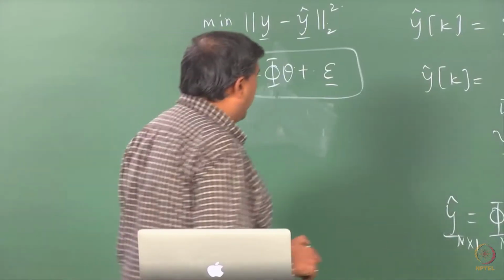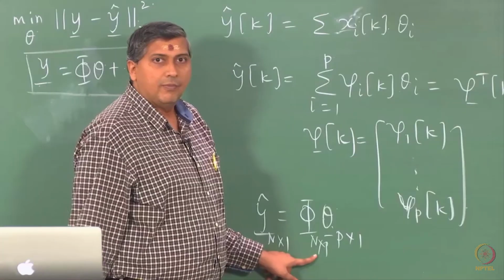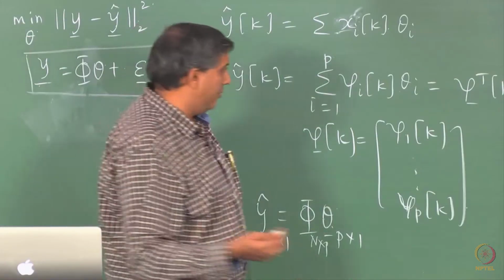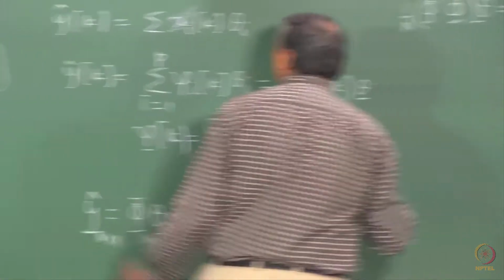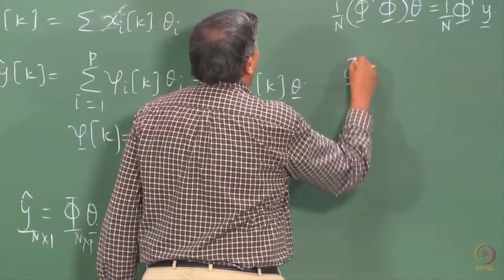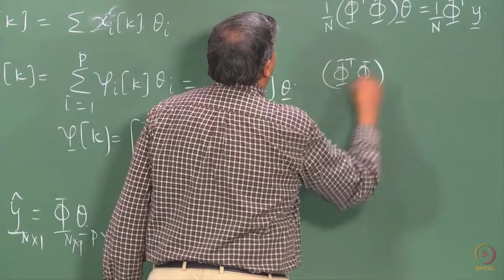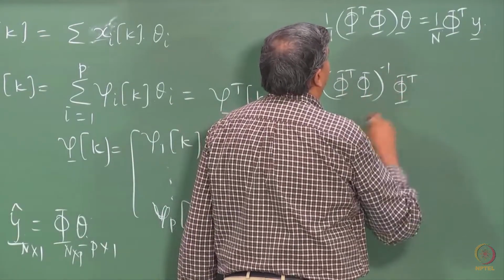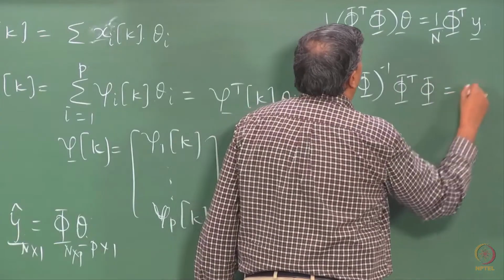Remember, your phi is a rectangular matrix, it is n by p. There is no notion of inverse in a standard sense, but if you were to left multiply phi with phi transpose phi inverse times phi transpose, then you would get an identity,